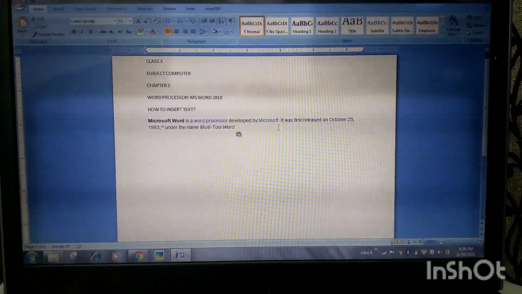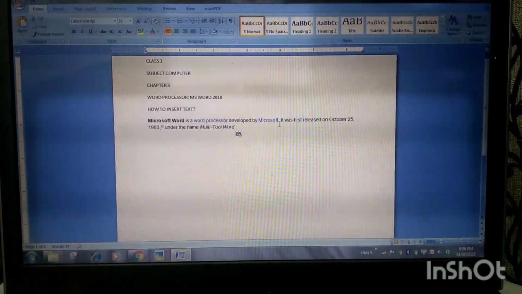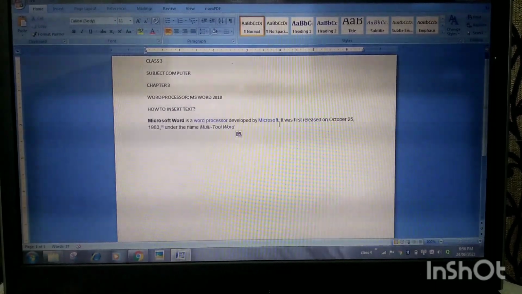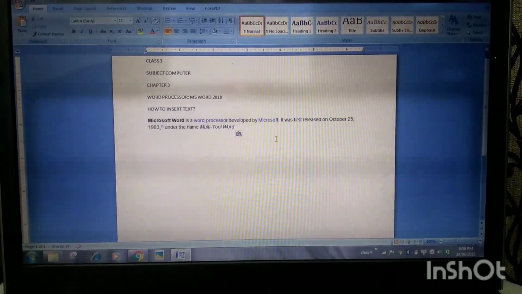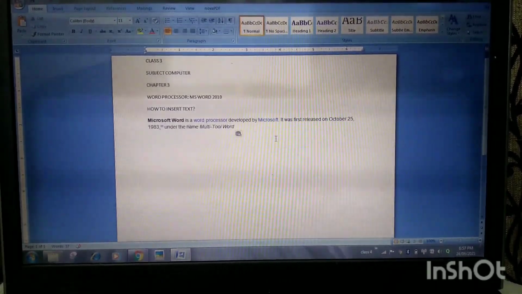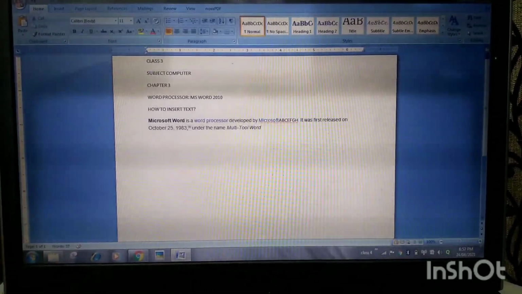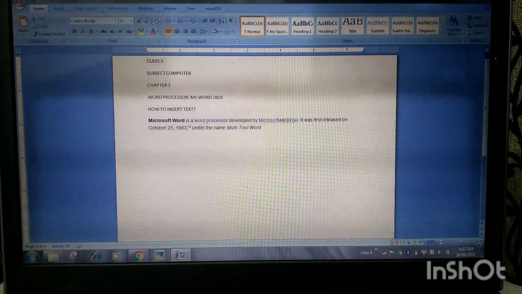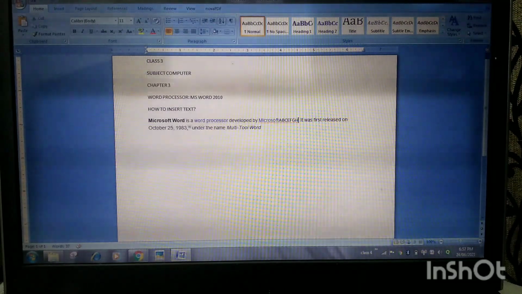Now the insertion point. What is insertion point? That is the blinking vertical bar on the document area is called the insertion point. So I move the insertion point here, and I want to type anything. For example, A, B, C, E, F, G, H, anything. Okay, so like this way the text appears in our choice area where we want to insert text.